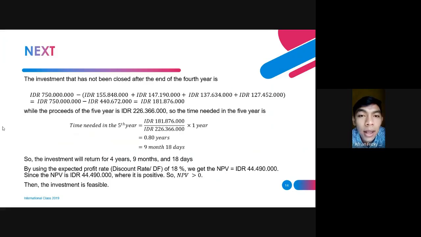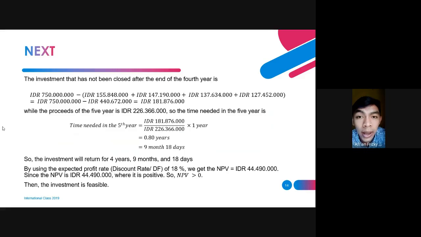Then the investment that has not been closed after the end of the 4 years is calculated like this: 750 millions minus 155 millions and 1,848,000 rupiah, plus 147 millions and 190,000 rupiah, plus 137 millions and 634,000 rupiah, until we get the result of the investment that has not been closed after the end of the 4 years, which is